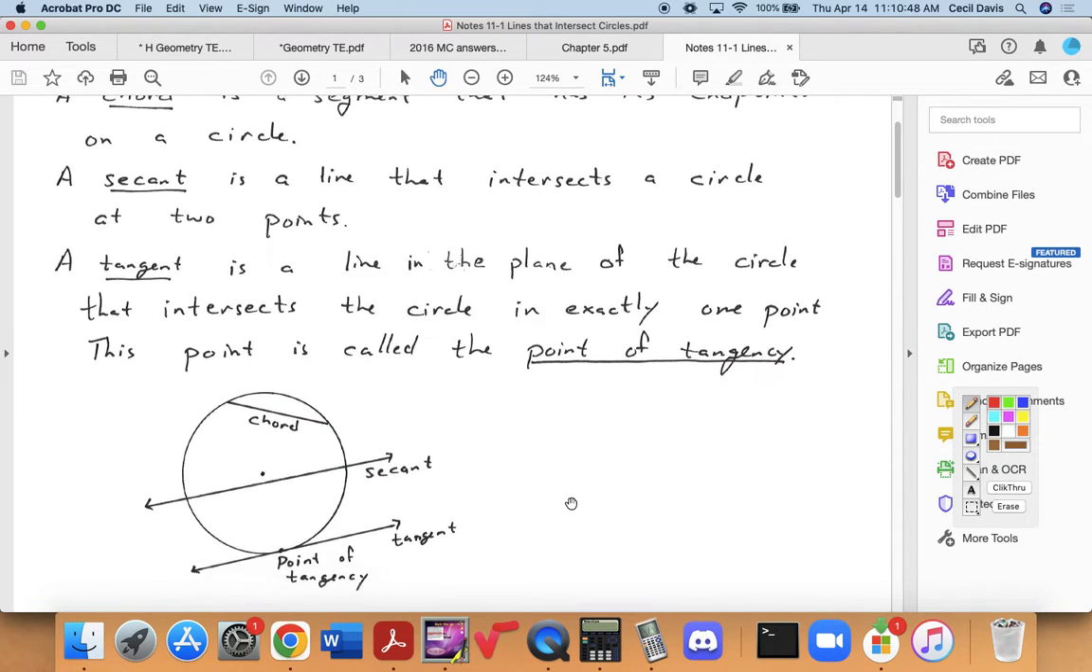Okay? This point where the tangent touches the circle is called the point of tangency. That's crazy. I never would have guessed. Okay? And with tangent, we'll use it both as a noun, that is a tangent, but we'll also use it,